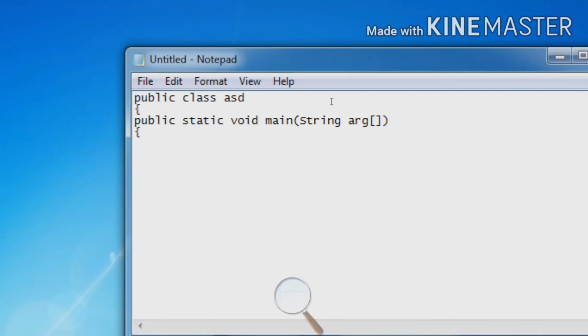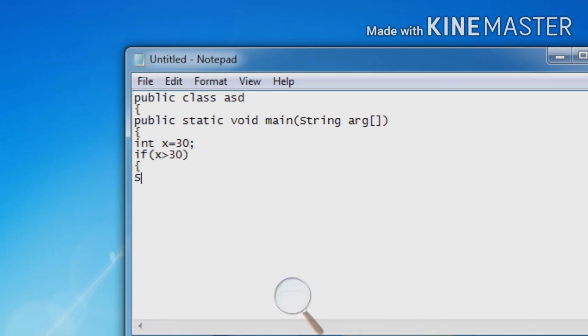Now declare a variable, integer type x equals 30, semicolon, enter. Now start the if statement. Give the condition: x is greater than 30. Now press enter. Now start curly braces.